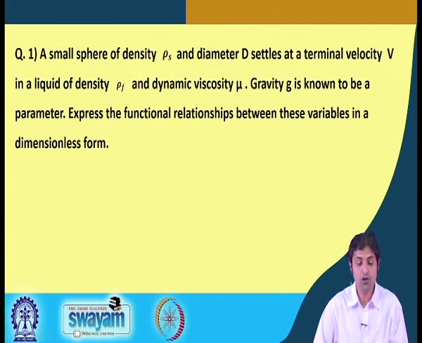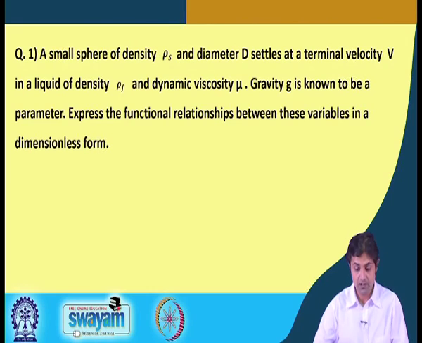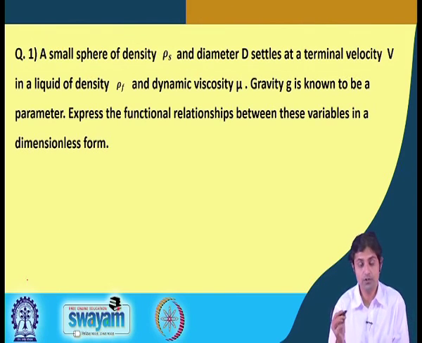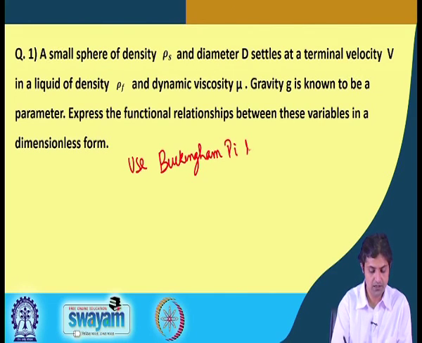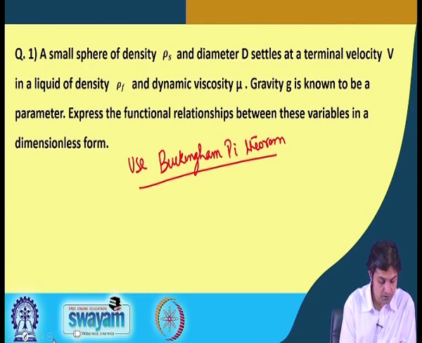So, the question is, there is a small sphere of density rho s and diameter d that settles at a terminal velocity v in a liquid of density rho f and the dynamic viscosity mu. Gravity g is known to be a parameter. Express the functional relationship between these variables in dimensionless form. So, what are we going to do? We will use Buckingham Pi theorem. I just want to solve this problem so that you are able to practice a little more. All right. So, what we are going to do is